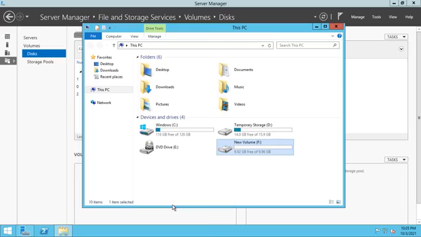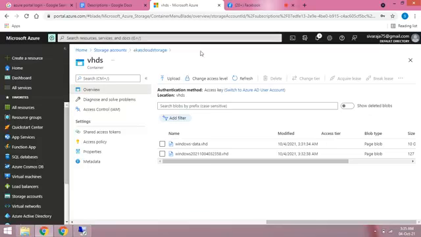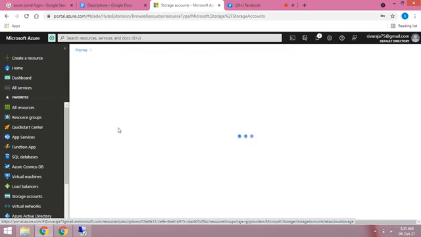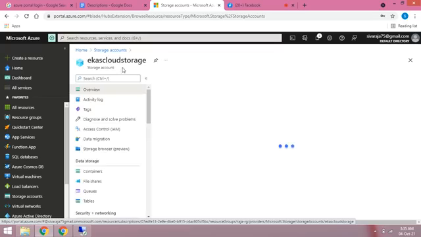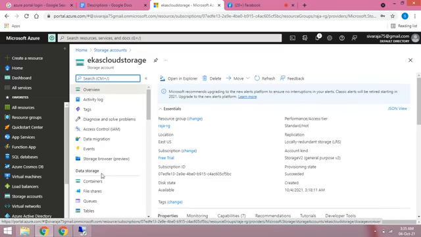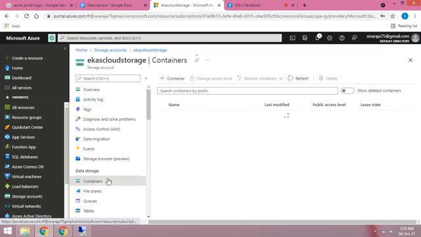So this is an option to use a storage account. Our VM disk resources are inside the storage account. The storage account eCars Cloud is our unique storage account name, a universally unique name. Check our containers.